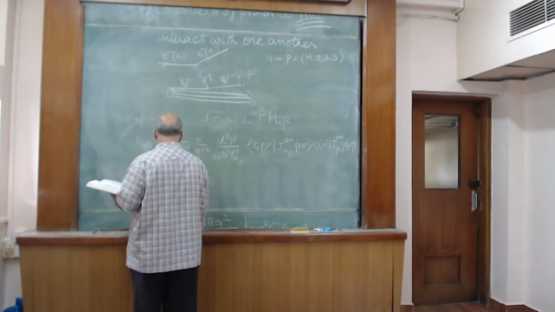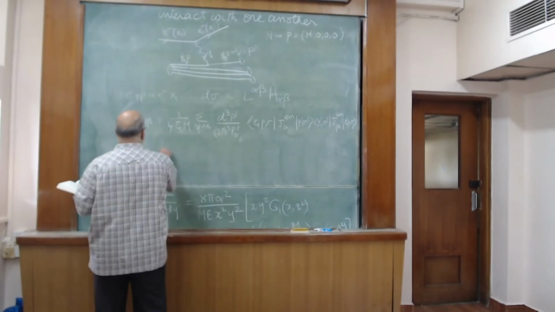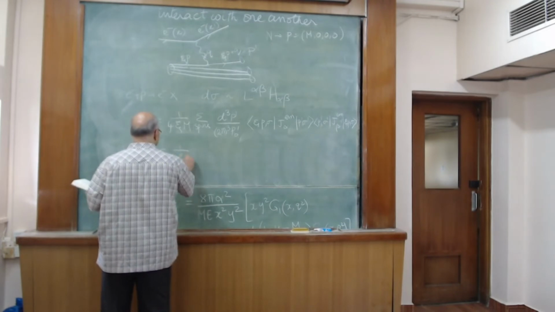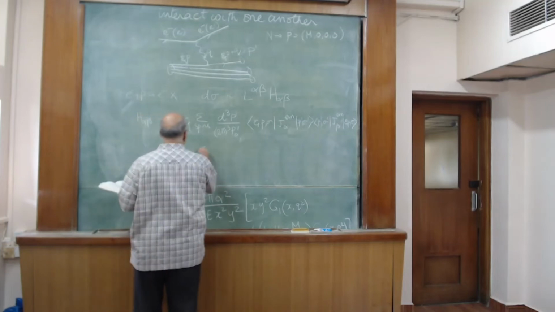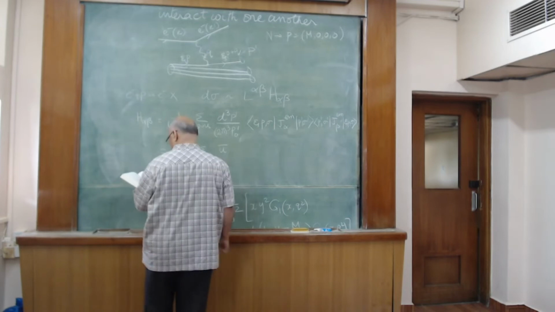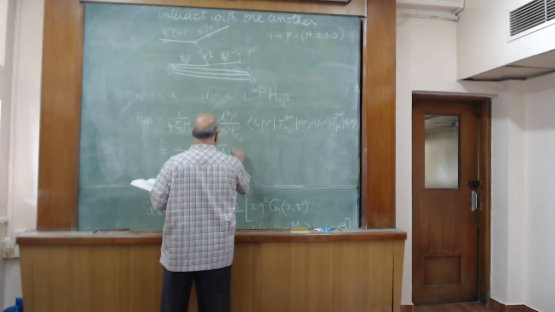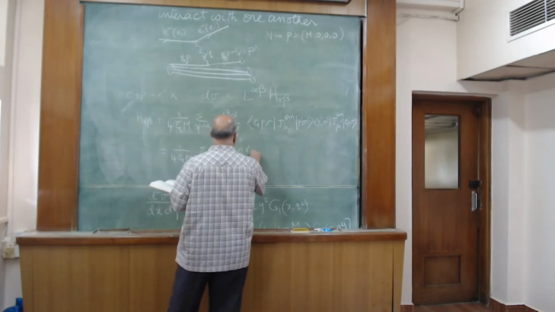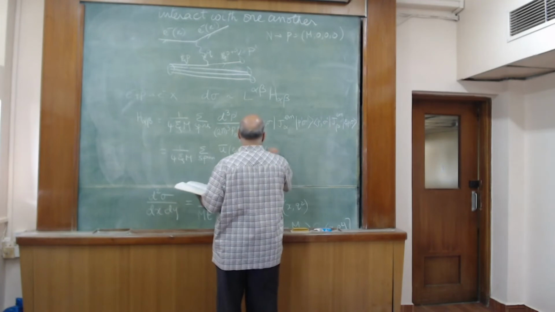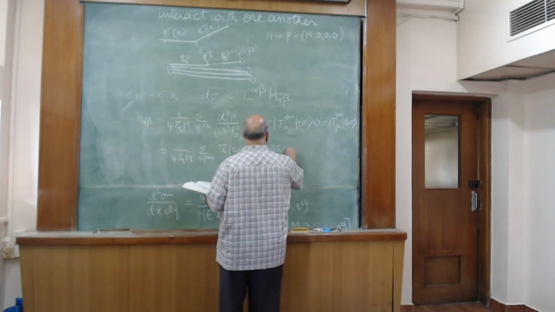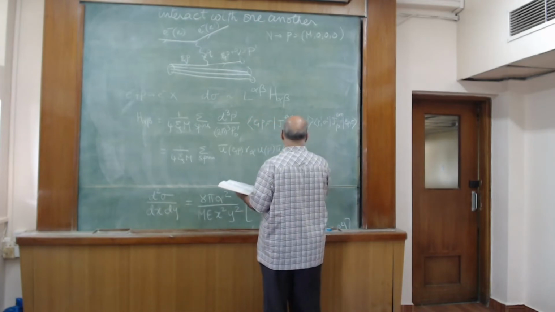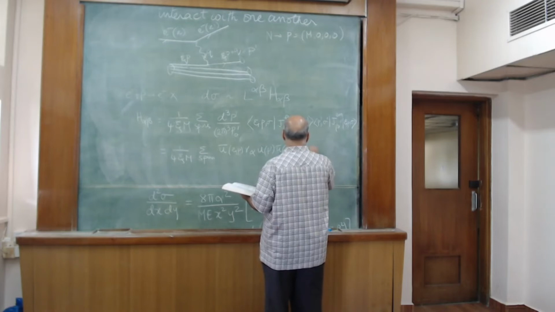This I'm writing in a slightly complicated form, but this simplifies to 1 over psi m, sum over spins, u bar psi p gamma alpha u p prime, u bar p prime gamma beta u p, or rather u psi p,